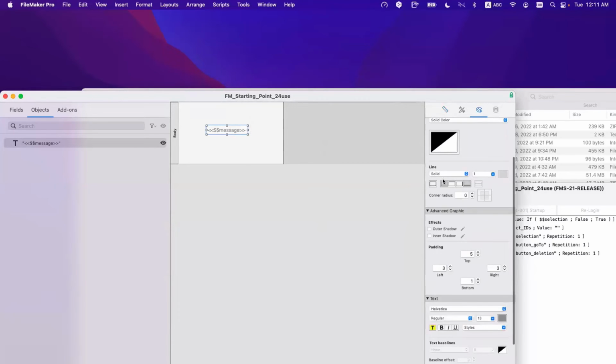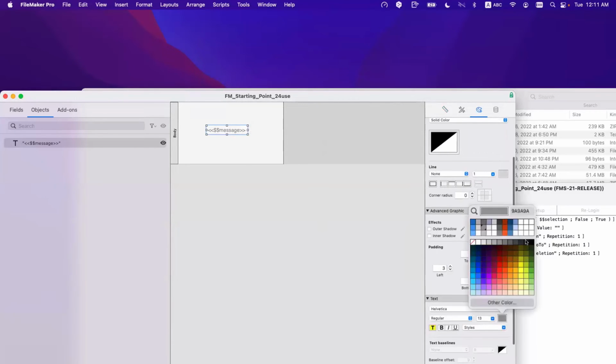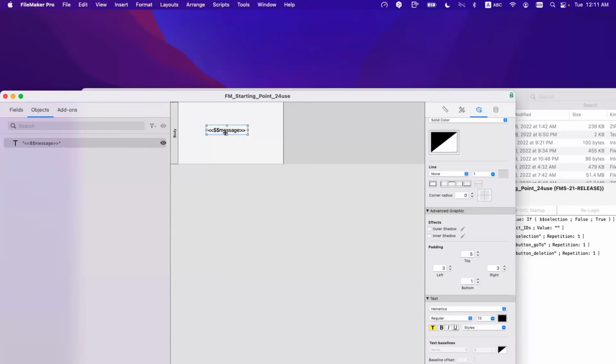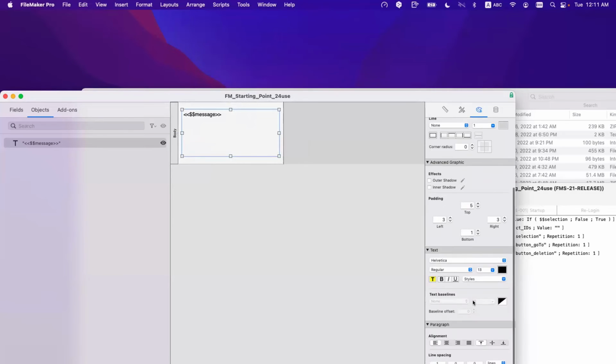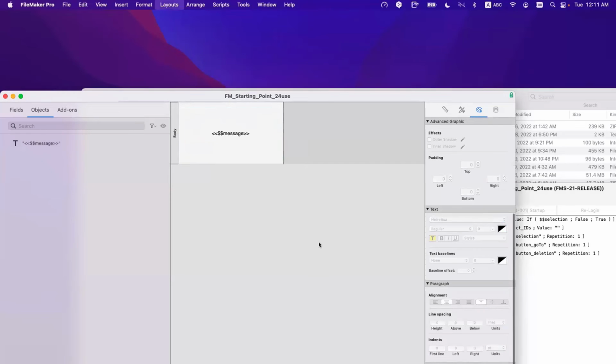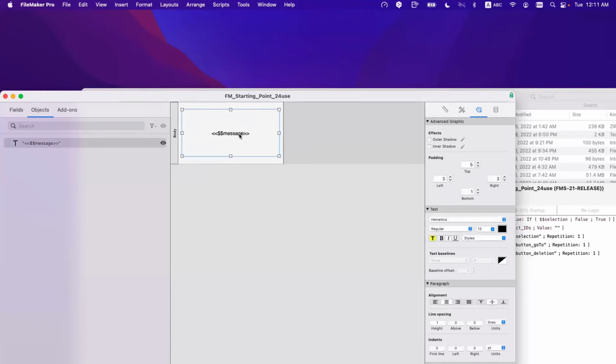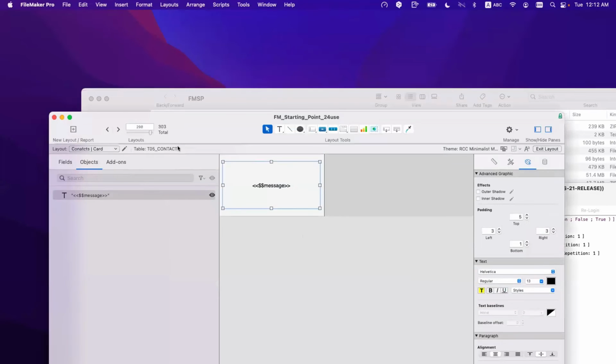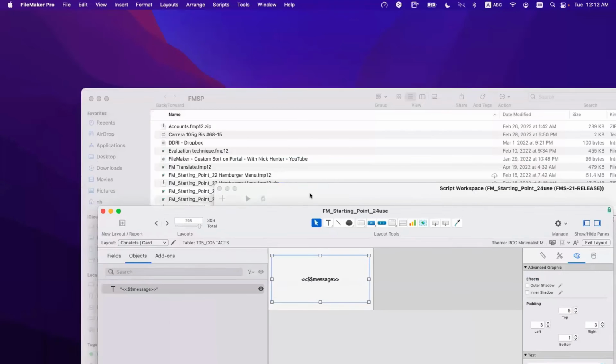Because I don't want to have a hard-coded message. I want to be able to build my message the way I want from the scripts, because I might reuse that card style window for other things. So the best is to do this. You have a merge variable in the card style window in a layout that points to the contact table. So now that I have this,